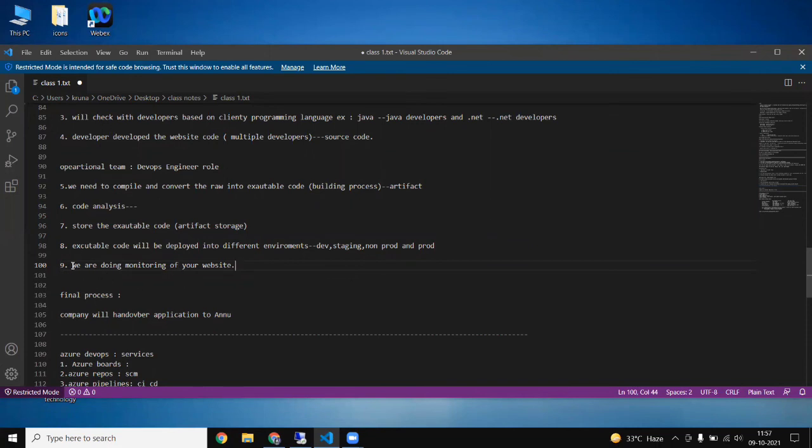everything is automated here. And our last stage, I'm again repeating, is monitoring, and we have a separate tool for monitoring.